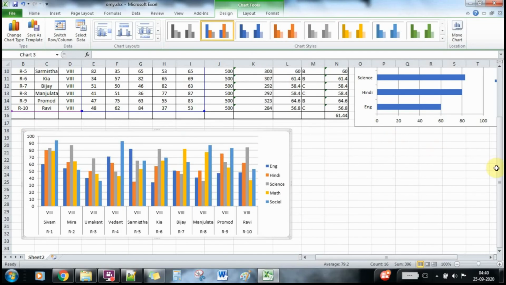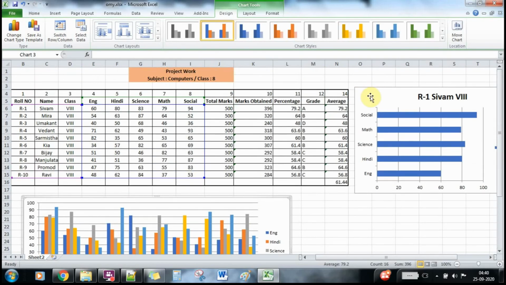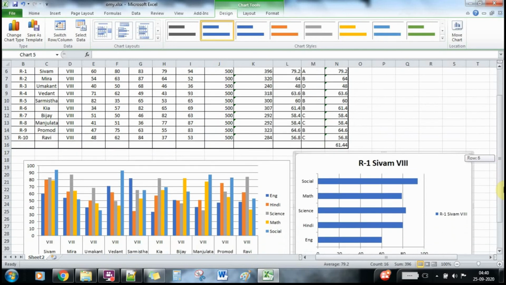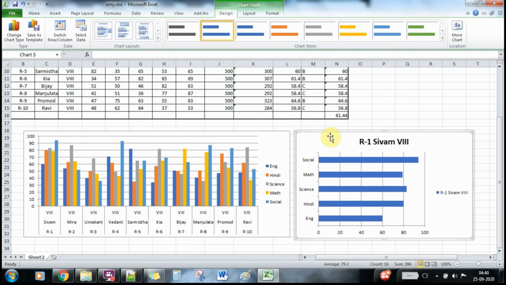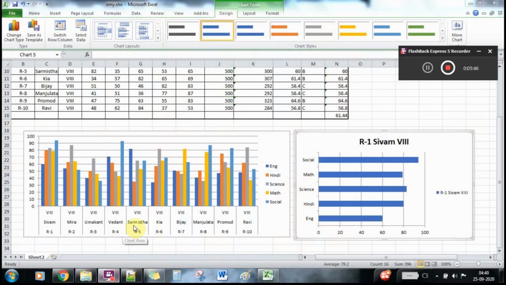To this side, so I can drag this to here. Okay. So for a single student you can do it, and for multiple students also you can do it. So this is very easy. You can easily do it, or you can choose any color whatever you want. That is the way you can make this bar graph or graph on the provided data. So this is an addition to my previous video.